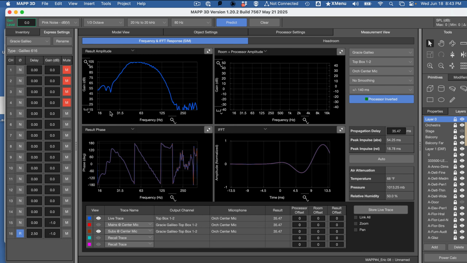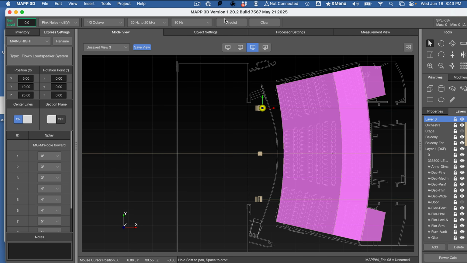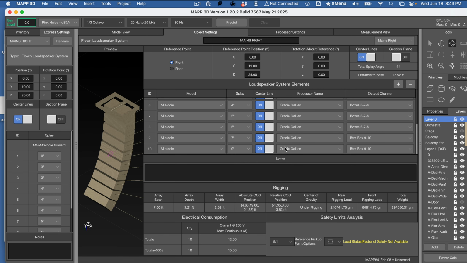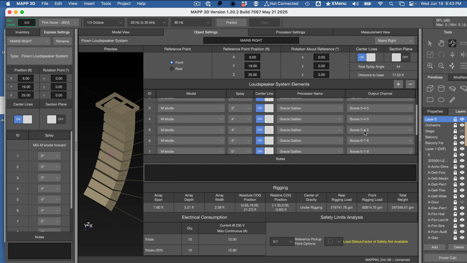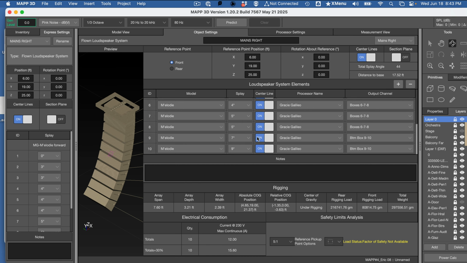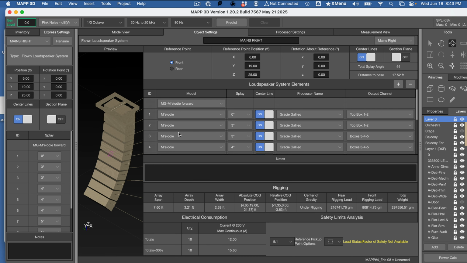Before we start delaying, there's one kind of catch here. We have our mains assigned across 4 drive lines, right? If you go select the mains and you look at them, in the last assignment, we had put the top 2 boxes on a drive line, then 3 boxes, then another 3 boxes, and then the bottom 2 boxes are on the 4th drive line. And this is well and good, and this is what you should have done, and both of our main systems are both set up this way. The catch is when we go to